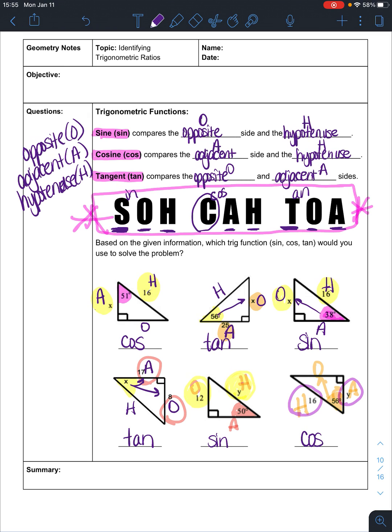So it is very, very important that you remember that sine uses the opposite side and the hypotenuse side. Cosine uses the adjacent side and the hypotenuse side. And then tangent, TOA, SOHCAHTOA, tangent uses the opposite side and the adjacent side. So right now we just want to recognize what sides do I have so that I can know which function do I